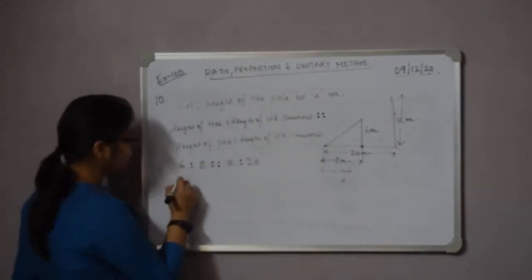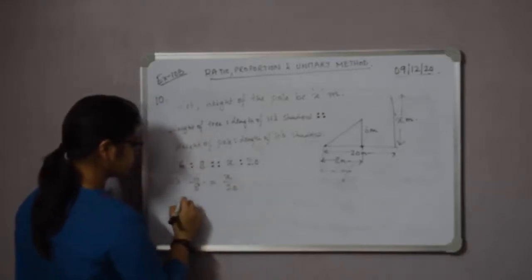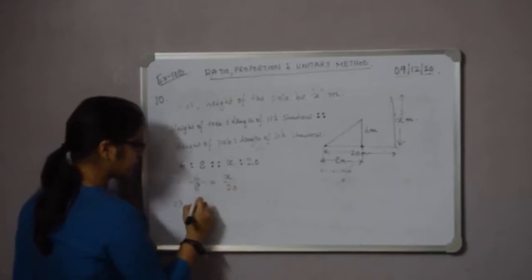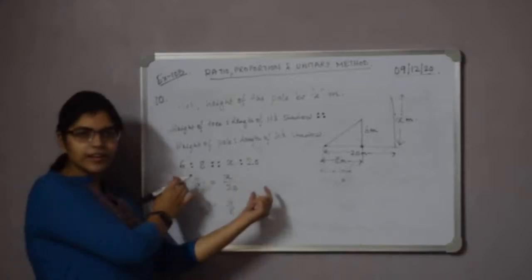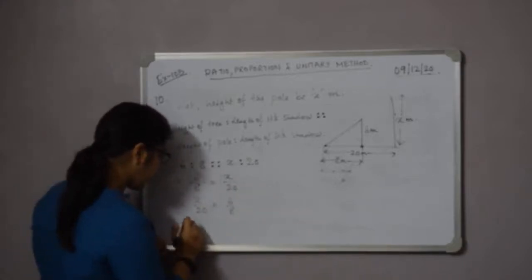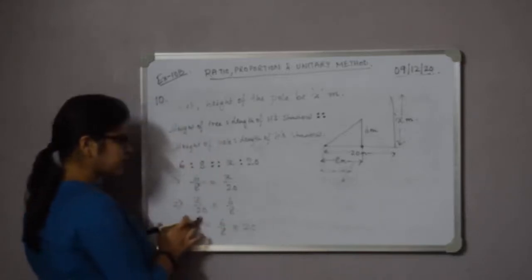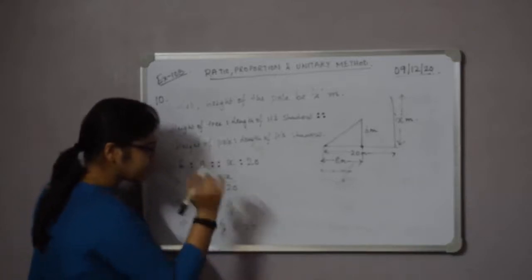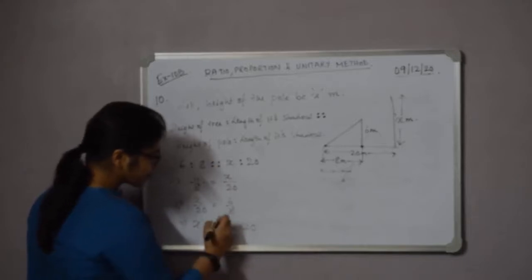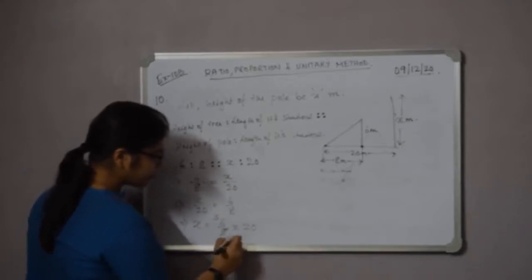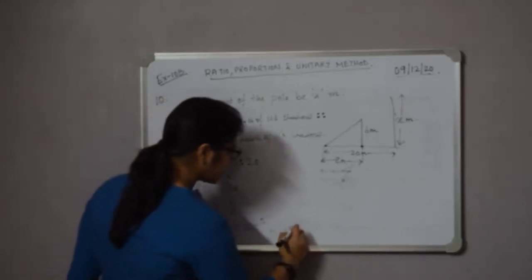Okay. So now we can write it in fraction form. So that means 6 by 8 is equals to x by 20. Now if I write x by 20 first, then x by 20 is equals to 6 by 8. I am just reversing the right side to the left side and left side to the right side. So we can write x is equals to 6 by 8 into 20. This 20 was divided here, so if it goes to the opposite side, it becomes multiplication. So now if we cancel, let us cancel with 2 first. 2, 3, 6, 2, 4, 8. With 4 if you cancel, 4, 5, 20. So that means we are getting 3 into 5, that is 15 meter.